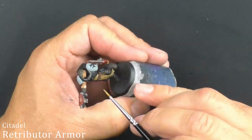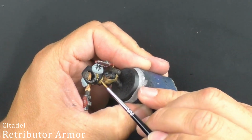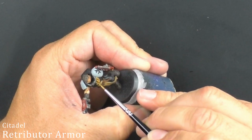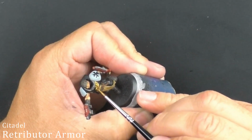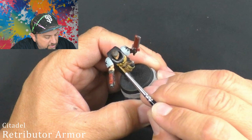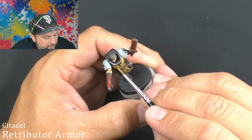Second part being the Aquila that is on the chest here. And again, we did some Nuln Oil across these Leadbelcher portions, so just be careful there. But again, it's not the end of the world if you have to clean it up. The one thing I do try to do, when I'm painting these, is just make sure that the lines stay nice and defined, because the Retributor Armor acts like a much thicker base than other ones. So